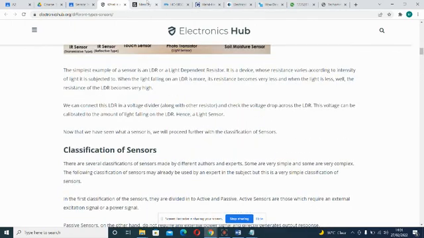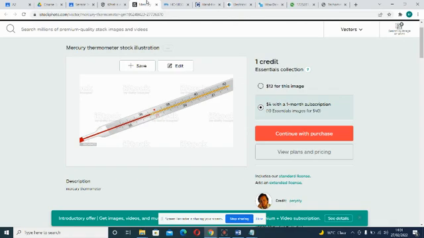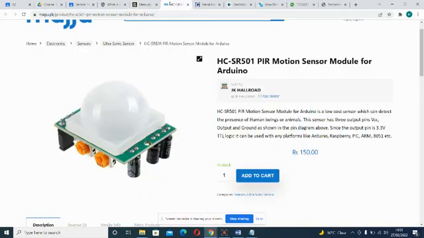So, for example, the mercury thermometer, the mercury-based glass thermometer, the input is temperature. The liquid contained expands and contracts in response, causing the level to be higher or lower on a marked gauge. The other example is the motion sensor. The motion sensor is used in various systems, including home security, automatic doors,